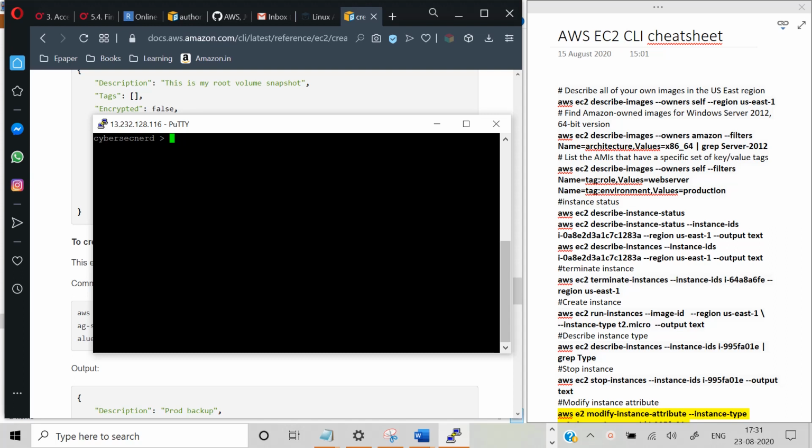Good morning, guys. So today we are exploring an opportunity to do some of the basic tasks with respect to the AWS EC2 instances with the help of the AWS command line interface. We will be exploring some of the default tasks like creating instances, starting, stopping those instances, trying to see the status of those instances, and we will also try to create some security groups, associating those security groups with those instances. We'll try to create some inbound connections,